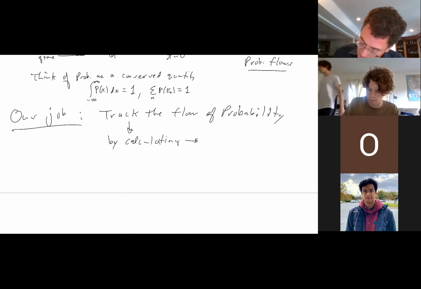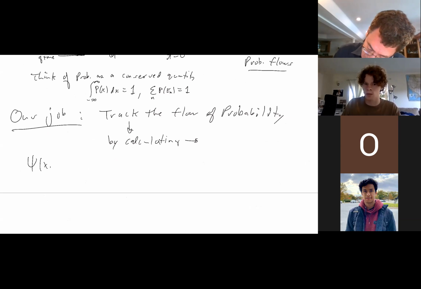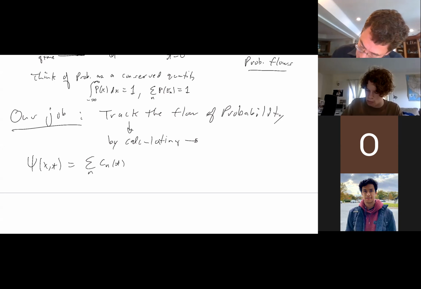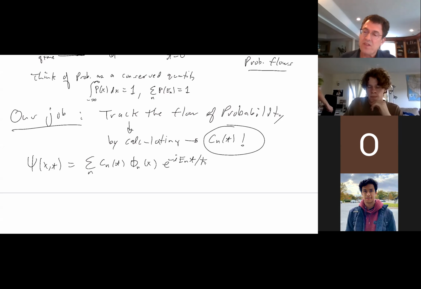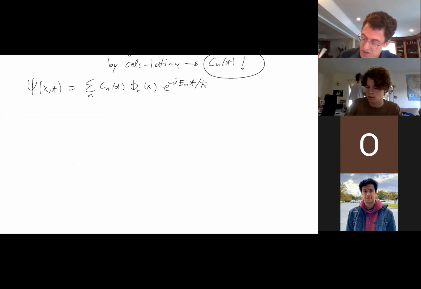Let me remind you, the wave function as a function of time, we're now writing it like this: the sum of Cn of t, phi n of x, e to the negative i En t over h bar. How do we track the flow of probability? What do we have to calculate? What is the most important quantity? Cn of t. Yes. That's the most important thing, the Cn of t, because the probability